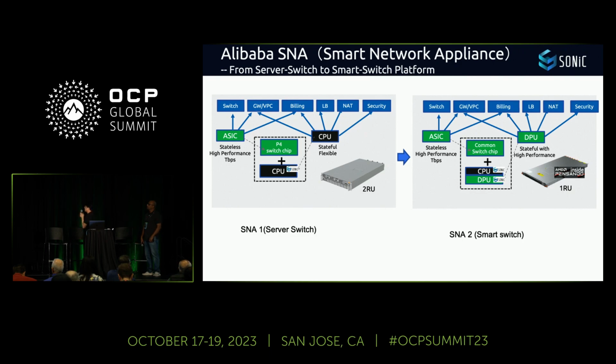In this implementation, we have full flexibility because all the service is software. It's running on the x86 CPU, and for the reasons or challenges we mentioned previously, and most importantly, the DPU